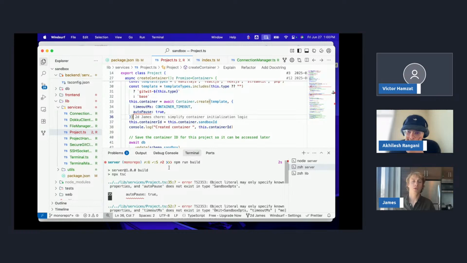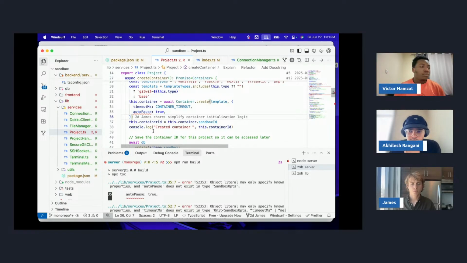So what have we done? We've created a new folder. We've turned it into a module, into a dependency. We've turned it into a workspace of the monorepo and a dependency of the backend. Then what I did was